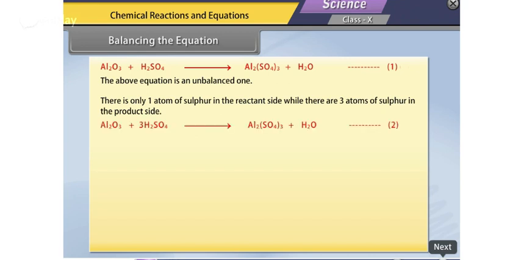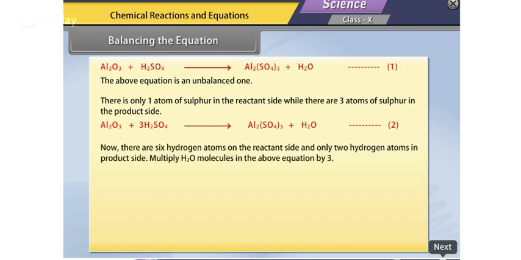Al2O3 plus 3H2SO4 gives Al2(SO4)3 plus H2O, equation 2. Now there are 6 hydrogen atoms on the reactant side and only 2 hydrogen atoms in product side. Multiply H2O molecules in the above equation by 3. Now the equation 2 becomes